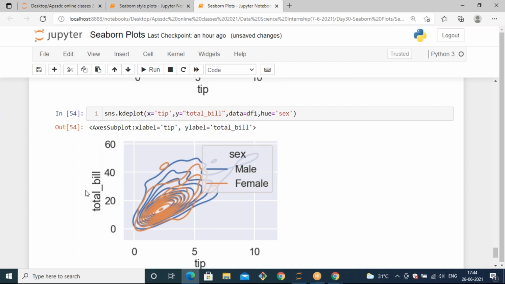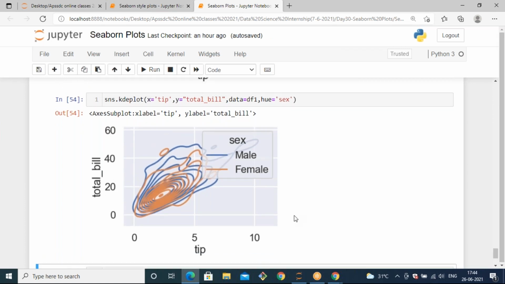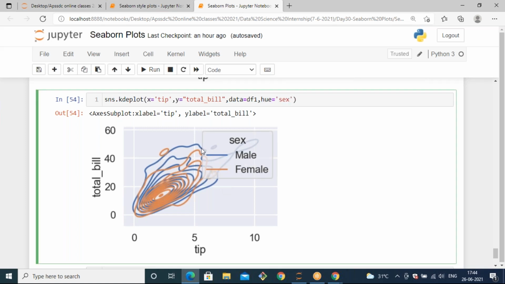When you have two types of data with respect to axes like x and y, you might get a result like this, a kind of curves. After that, I want to filter the data related to male and female. I can apply a hue parameter. Here you can find the male category pointed out by blue color, and female pointed out by orange color.